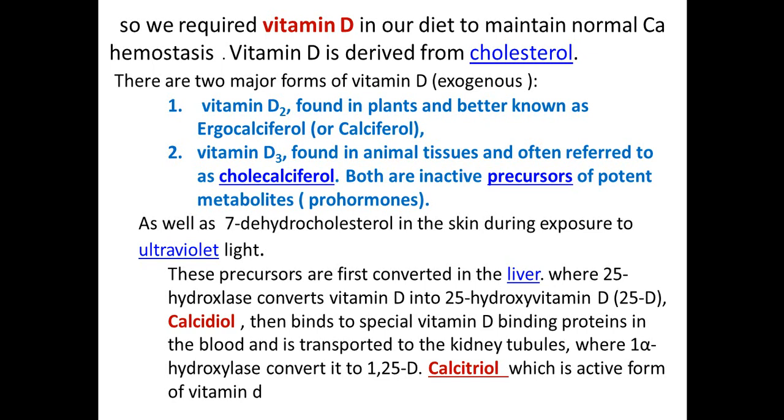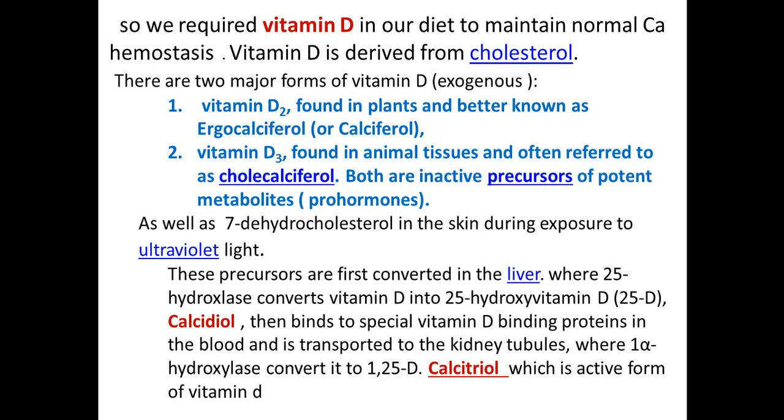Both of them are inactive precursors of a potent metabolite. We call it prohormone. They are prohormone and not vitamin, because technically they act as a hormone. There is another source of vitamin D in the skin in the form of 7-dehydrocholesterol. When the body is exposed to sunlight, it will be activated,